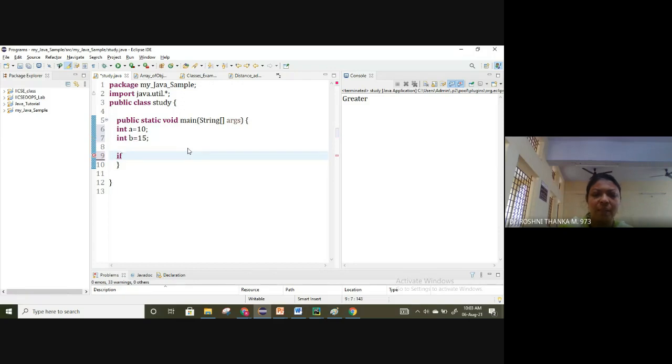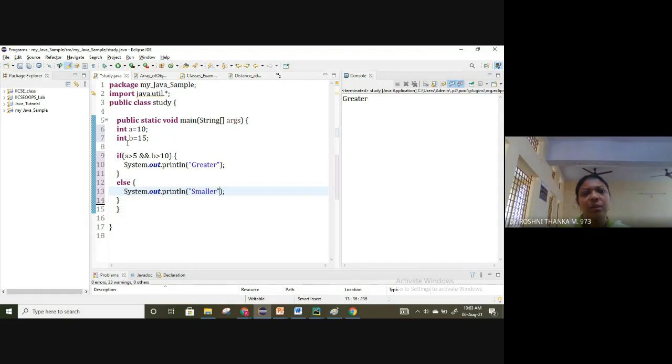Now I'm going to check some conditions. If a is greater than 5 and b is greater than 10, then I'm going to use System.out.println to print greater, or else System.out.println to print smaller. So here, instead of the double, if I put a single ampersand,